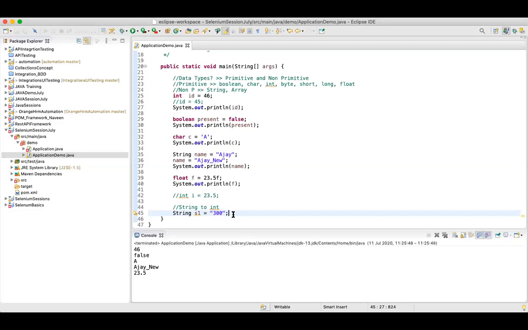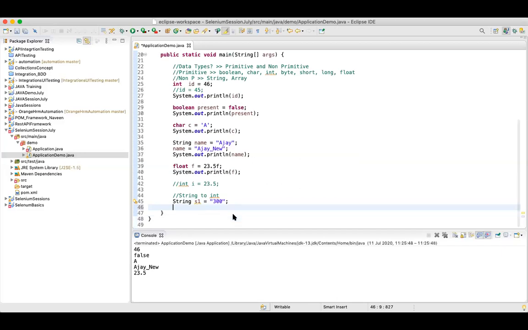So the string s1 has the value 300, and I want to convert it into integer. My method is expecting an integer, and someone is giving me a value as an integer, 300 is an integer. But since it is in double quotes and stored in a string, it is considered a string.